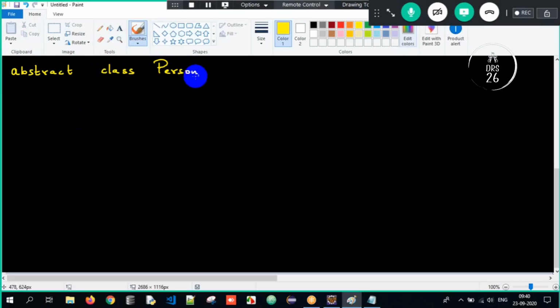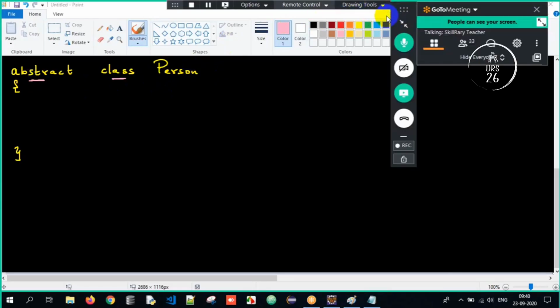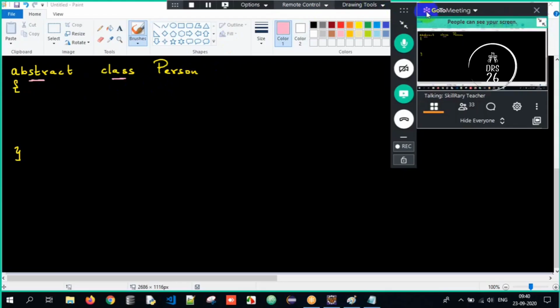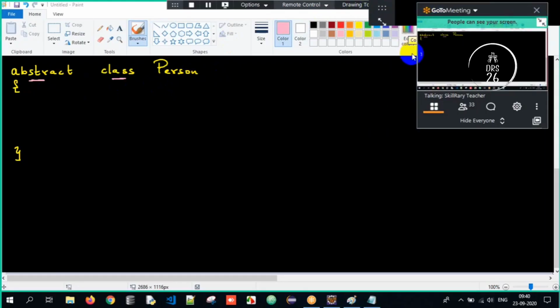I'll just take the abstract class name as Person. Open curly braces, close curly braces. So how do you create an abstract class? Simple. If a class is declared using the abstract keyword, it's an abstract class, and an abstract class can store abstract methods and concrete methods. It can store both types of methods here. Clear everyone with the process?